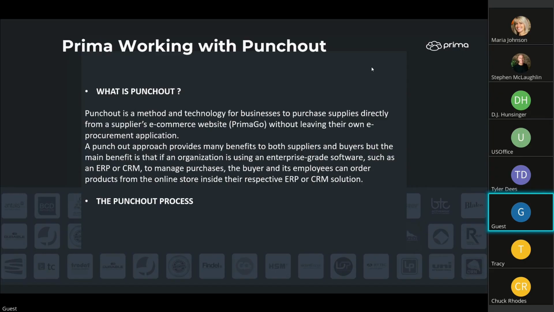We can resend invoices if they haven't processed their invoice correctly. We can resend an invoice directly through the Punchout process. We can create outputs that your client wants. So we have the full mechanism for Punchout for your customer. Okay, but just so you can see the process here, it's a high level